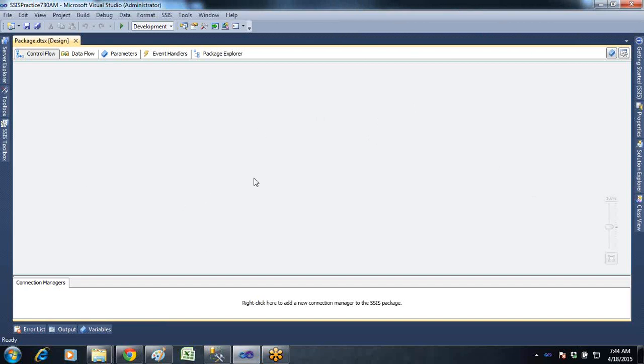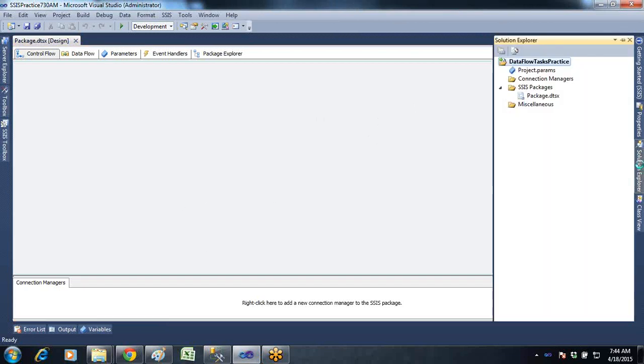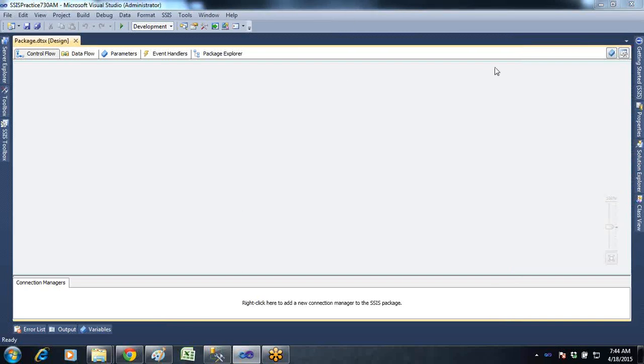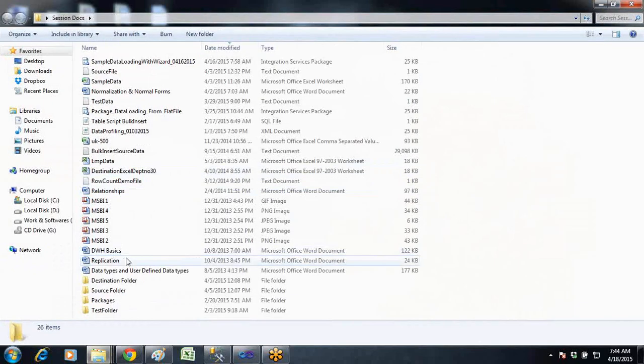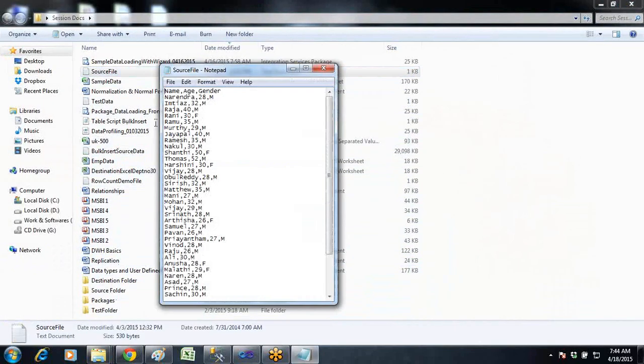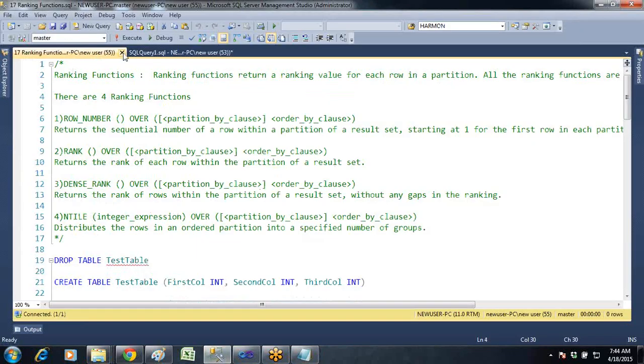Okay, so this is the SSIS designer environment. As of now we have not even created any package to load the data from source to destination. Okay, now earlier we have loaded the data from this source file to a SQL Server destination table. Okay,